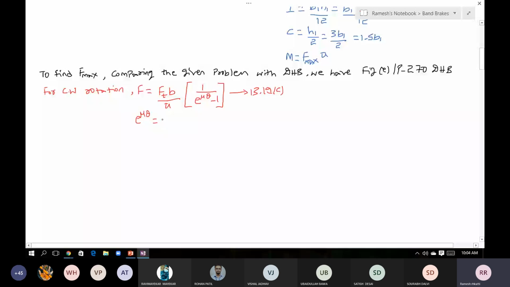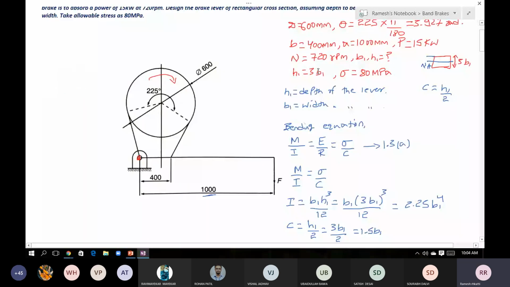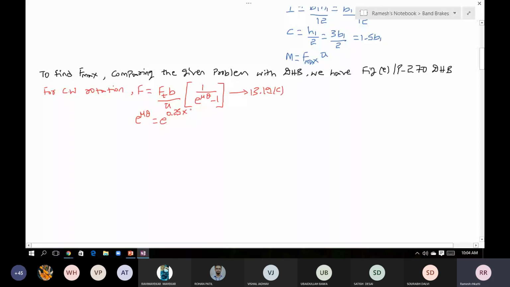Theta you have calculated; here it should be in radians. It is 0.25 into 3.927, which is equal to e raised to mu theta. It will be 2.67. Here you have to write, assuming coefficient of friction, that is mu, as 0.25. This is important. After finding e raised to mu theta, next you need to find out the